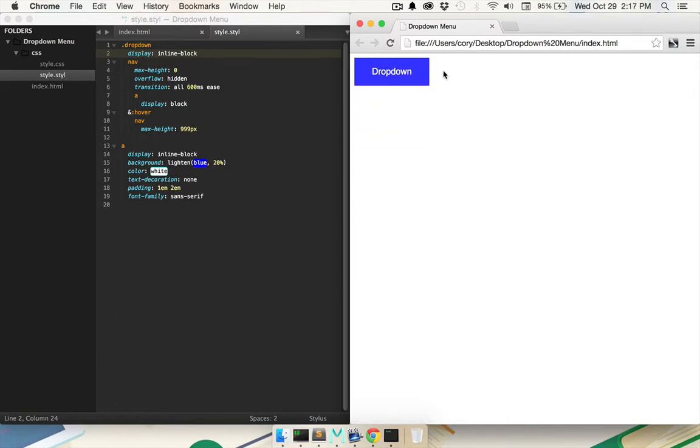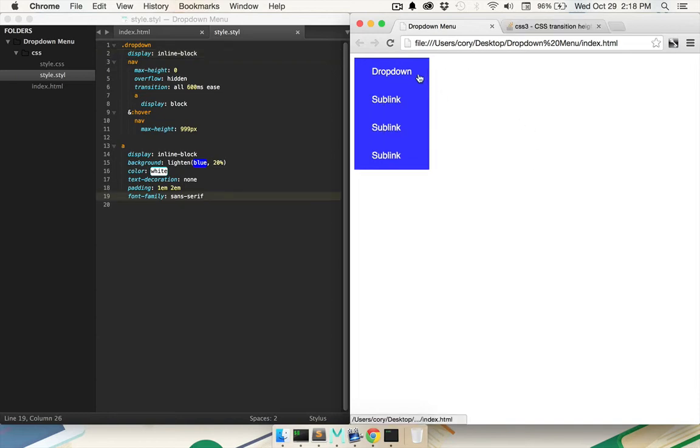When we hover off of it over in this area, it doesn't activate. So you might notice if you hover over this and then hover off of it, there's a slight delay before the menu collapses. In my personal opinion, this isn't necessarily a bad thing, because sometimes people will hover over something and then hover off of it on accident just a little bit, and they still want to see what they were looking at. And the reason it's doing that is because the max height is going down to 999 pixels and then slowly coming up